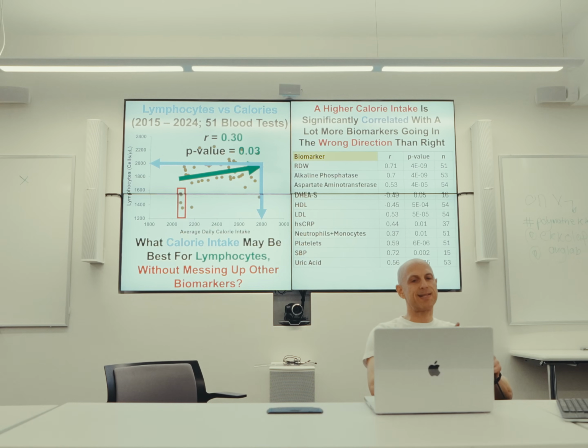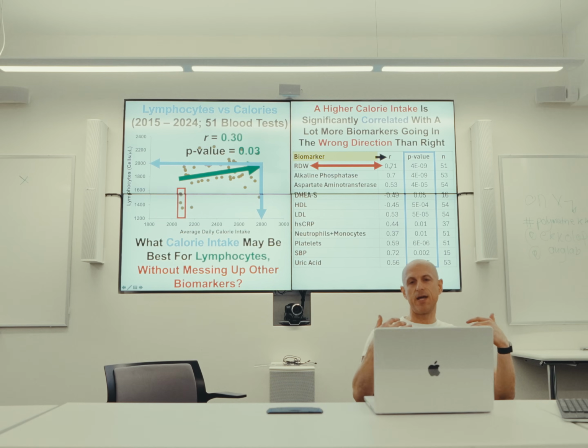So as I mentioned, I tracked that panel of about 25 to 30 biomarkers on the standard chemistry panel and CBC, and these are just the ones. The little r is the correlation coefficient, and then the p-value is for the correlation of calorie intake with each of these biomarkers. So almost half of those 25 biomarkers of organ and systemic function are significantly correlated with calorie intake going in the wrong direction in terms of how they look in the youthful state versus age and their associations with all-cause mortality risk. So just to highlight a couple, RDW in this case, you can see the correlation is